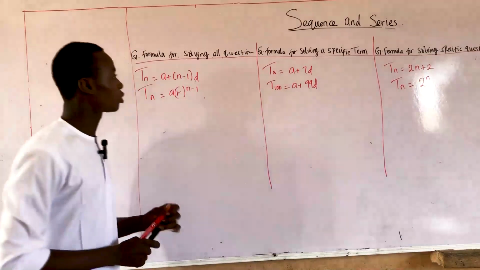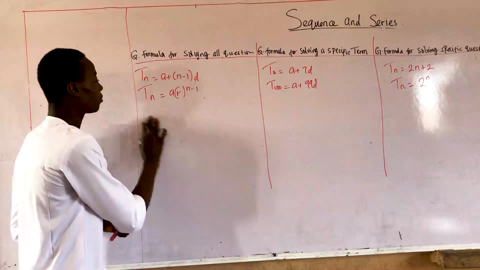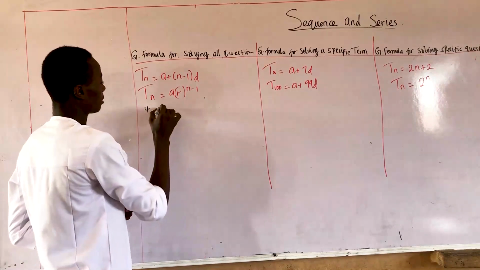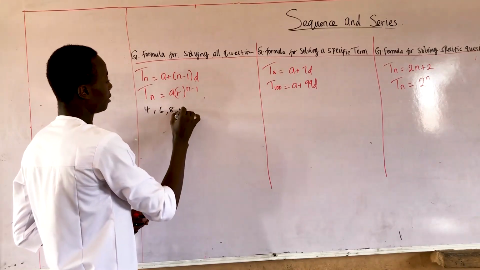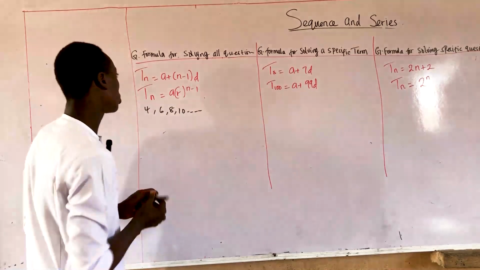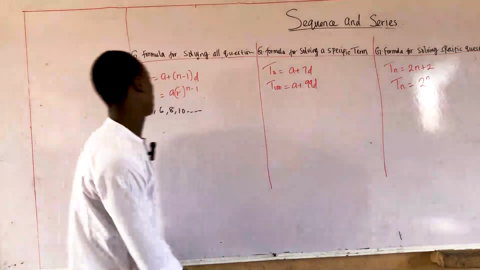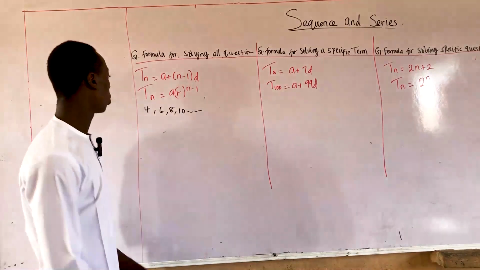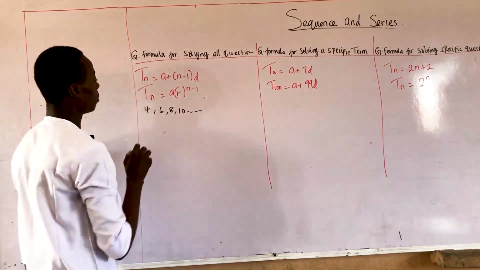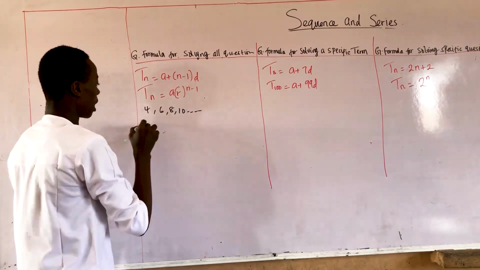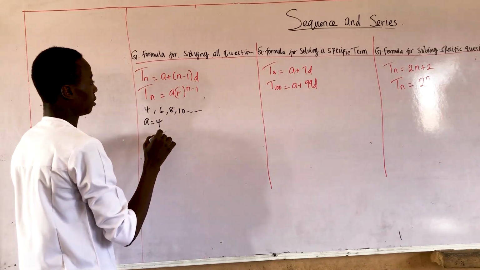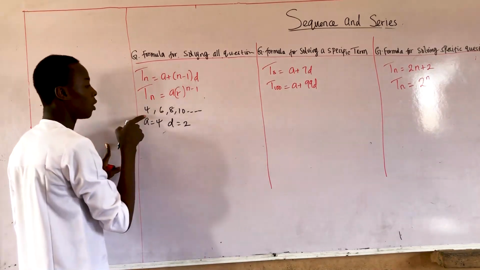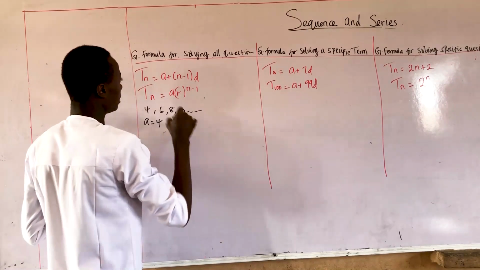So let us try to solve the same question using these three formulas: 4, 6, 8, 10, and so on. So let us use this formula first, right? I said earlier that this formula is the slowest compared to the other two. It is much slower. Right here, let us substitute for our unknowns. Our a is equal to 4, right? Our d is equal to 2, right? Second term minus the first term. Also our n here